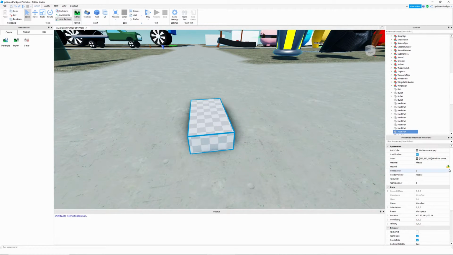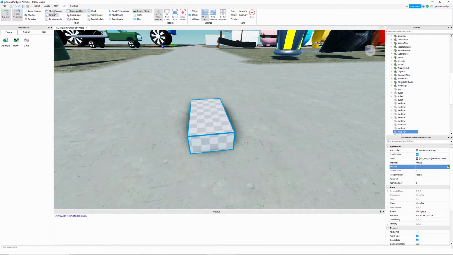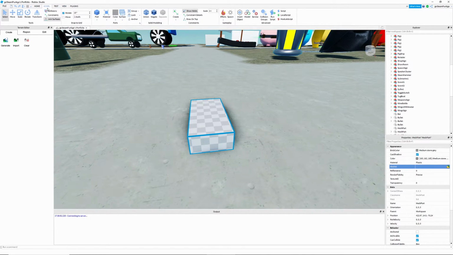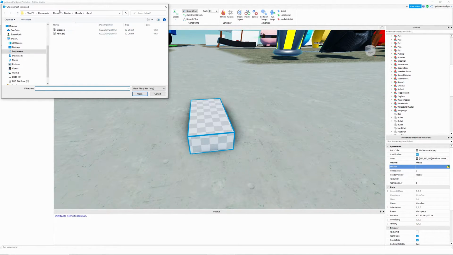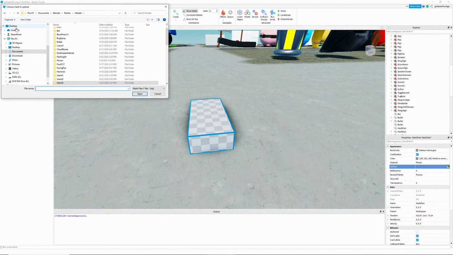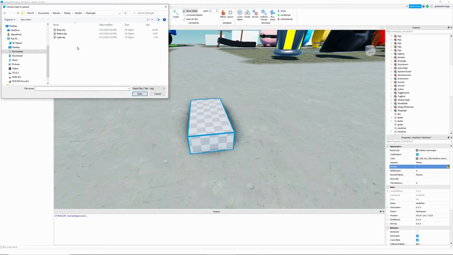So now what I'm gonna do is click this. I'm gonna go over to view, and you're gonna want to have the properties tab opened, and then click the little folder with the green arrow next to mesh ID, and then go to wherever you saved your mesh. So I saved it under my models, as flashlight, and I named the pieces body, button, and light. So I'm just gonna select them